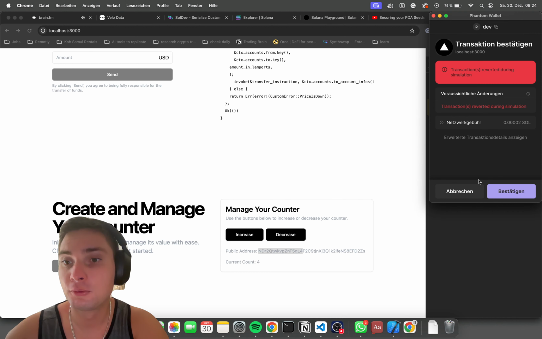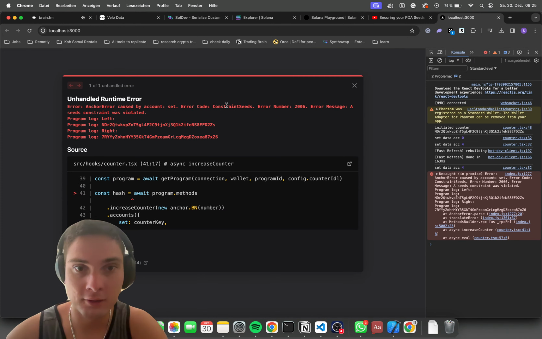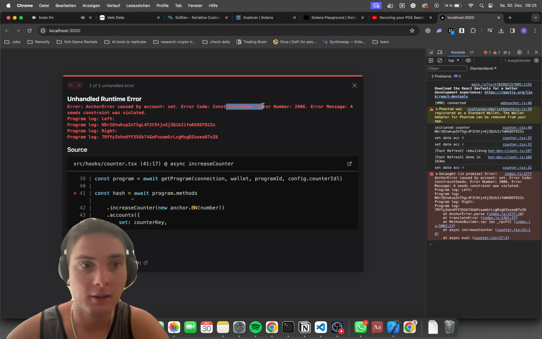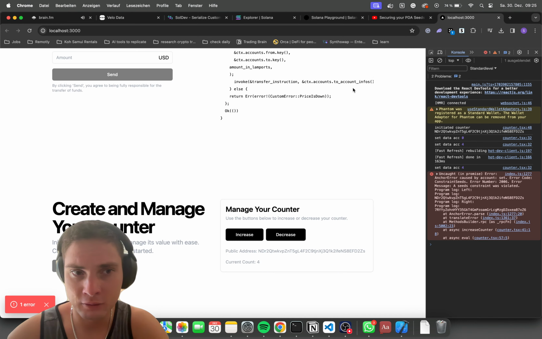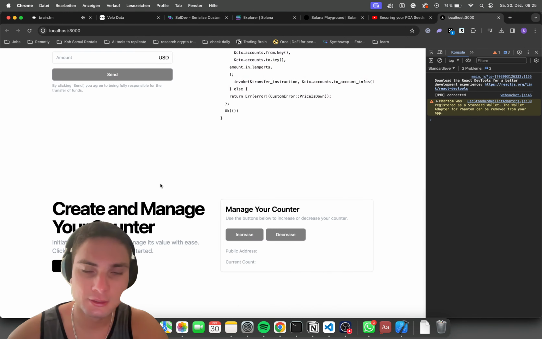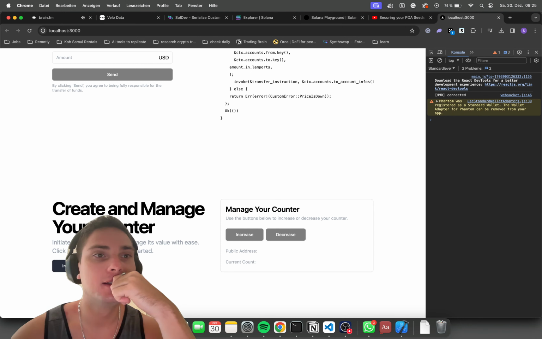This reverts. Now I would like to know why it reverts. Yeah, constraint seeds. So with the seeds we provided, we don't have a PDA, so I would expect another or different error message, but let's see, we can't refresh. So we initiate a counter,